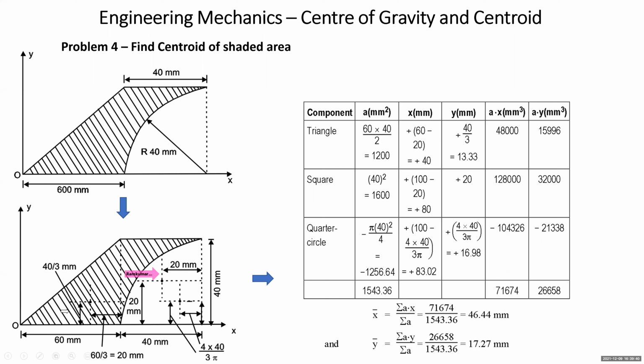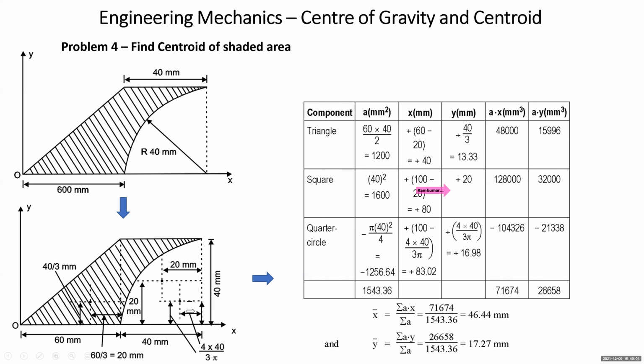X coordinate is positive. What is that? 60 plus 20, that is 80, or 100 minus 20 can also be taken as 80. Similarly, the y coordinate point is above the x-axis, so the y coordinate will be plus 20. In fact, students, if the entire figure is in the first quadrant, as in most cases,